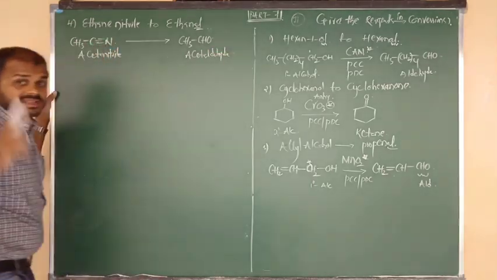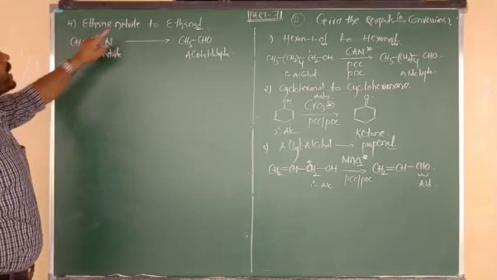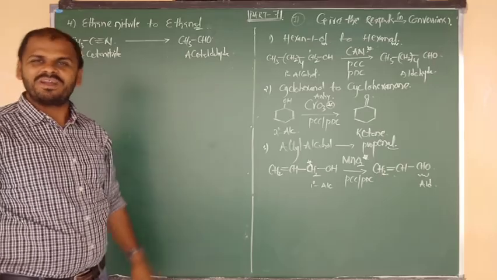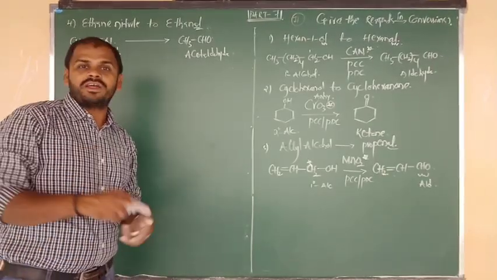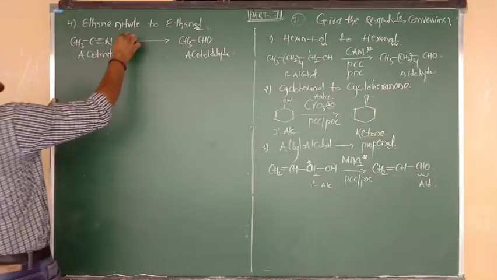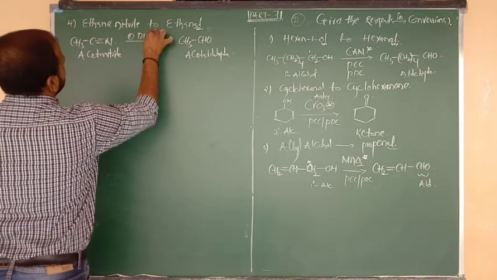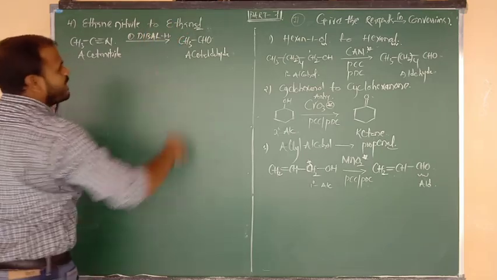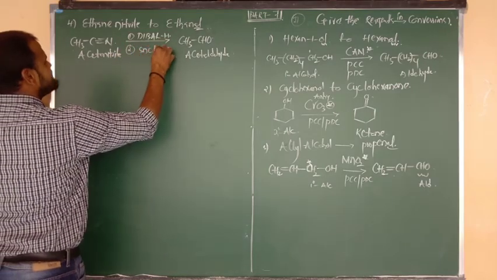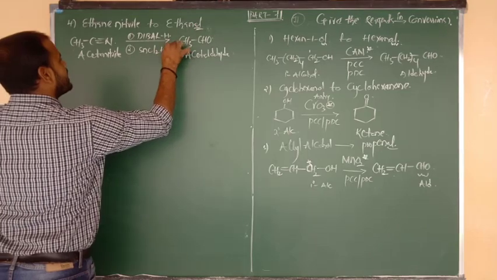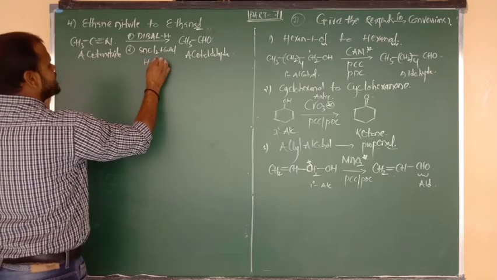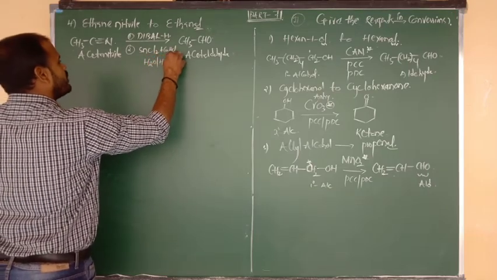So the second method is how we studied. Reduction of nitriles. Nitriles upon reduction with DIBAL-H give the product, which is nothing but aldehyde. Nitriles upon Stephen reduction also give aldehyde. So we can write here 2 reagents. Reagent number 1 is DIBAL-H, diisobutyl aluminum hydride. And reagent number 2, Stephen reducing agent SnCl2 plus concentrated HCl, and followed by, in both methods we have to do hydrolysis in acidic medium.